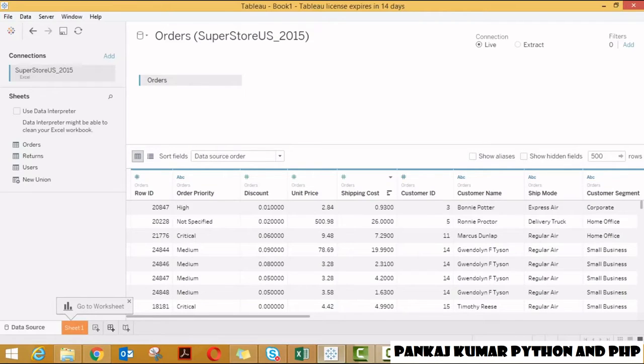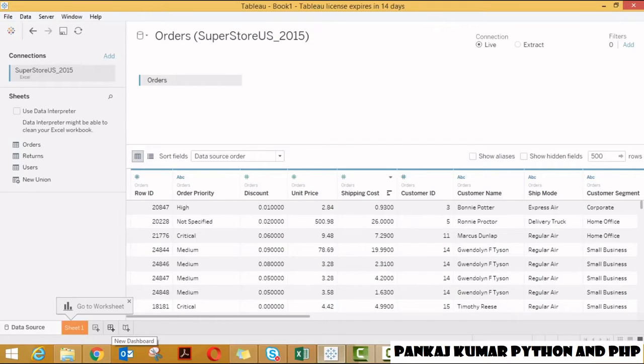For example, in one worksheet I have generated a bubble chart, in another worksheet a bar graph, and in another a histogram. Now I want to combine these three visualizations to create a single dashboard, and we can do that with this button. Once you create the dashboard by combining these three visualizations, you will have filters.